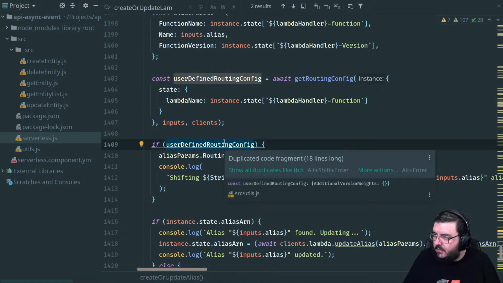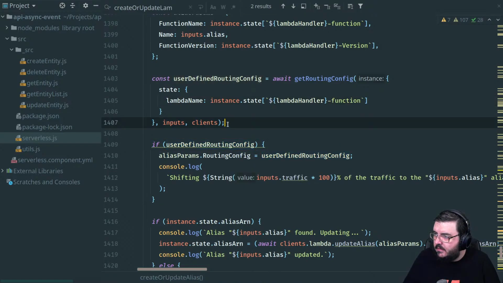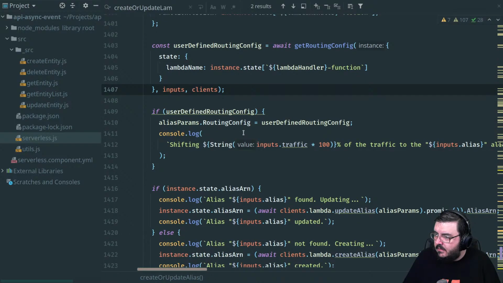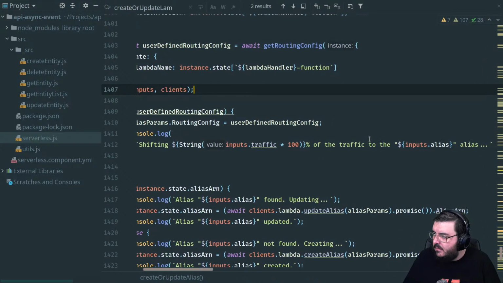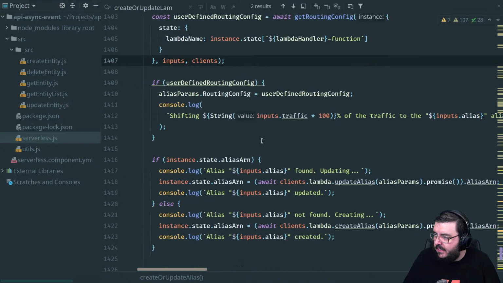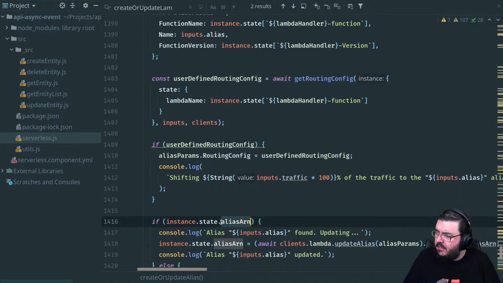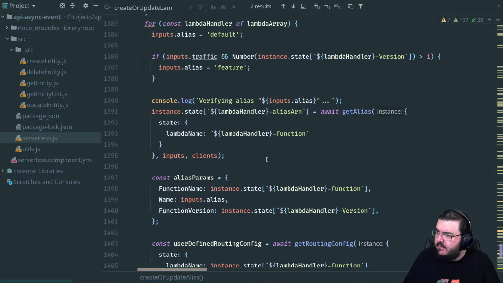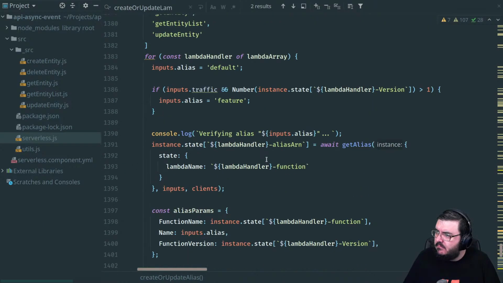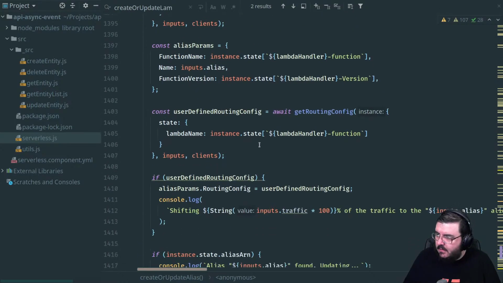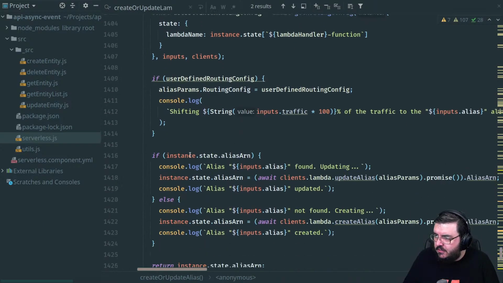User-defined routing config. Okay, so this is all stuff looking at the inputs. And this is the alias ARN. Weird how it's looking for an alias ARN. It was created above. That's what it needs to be changed to.